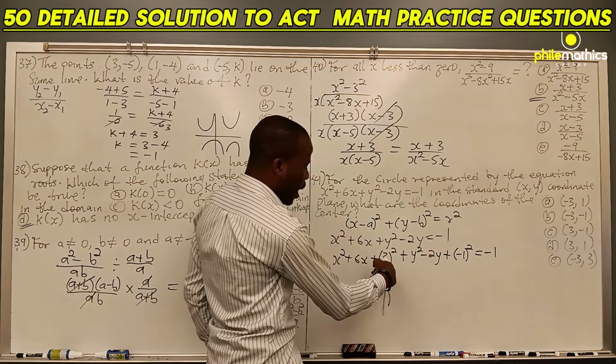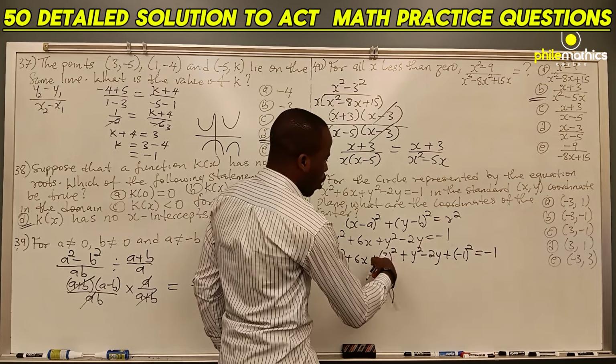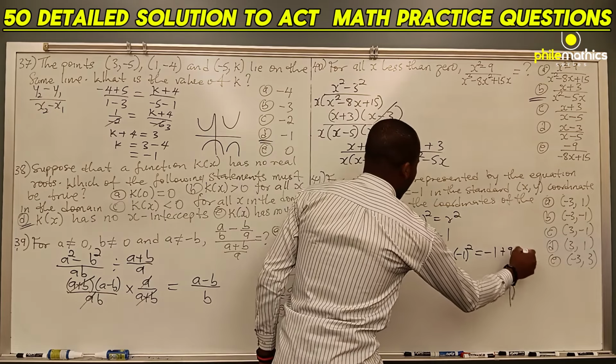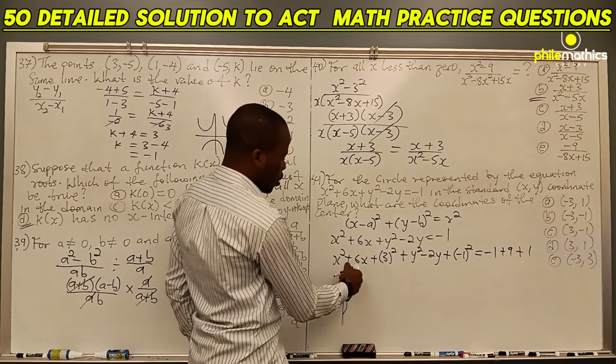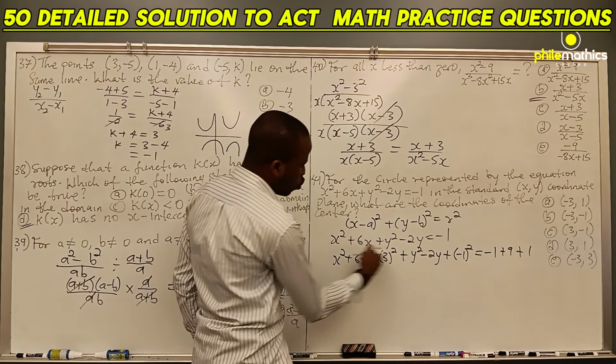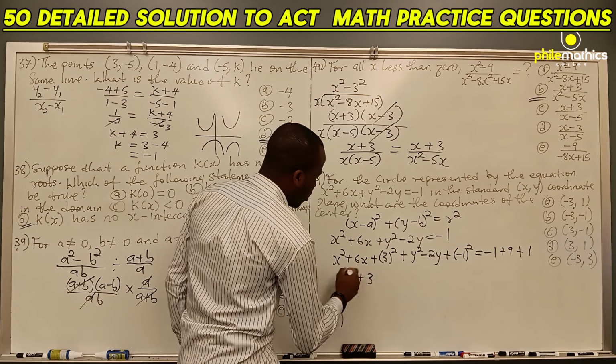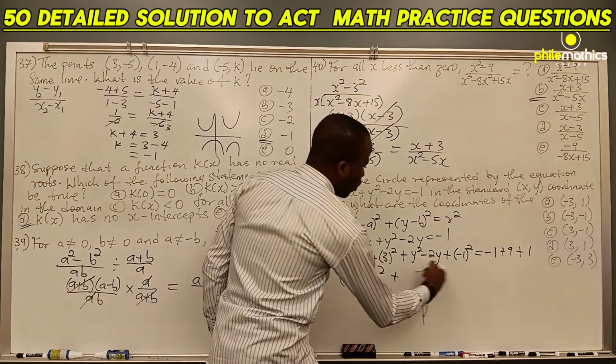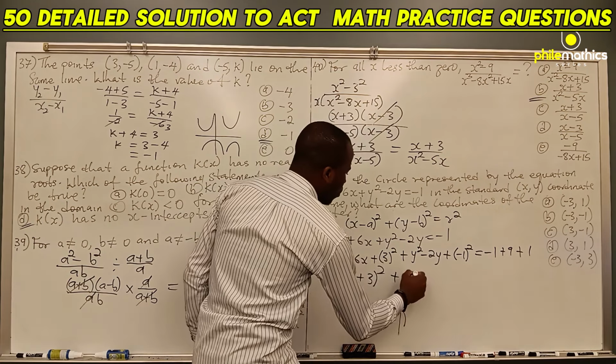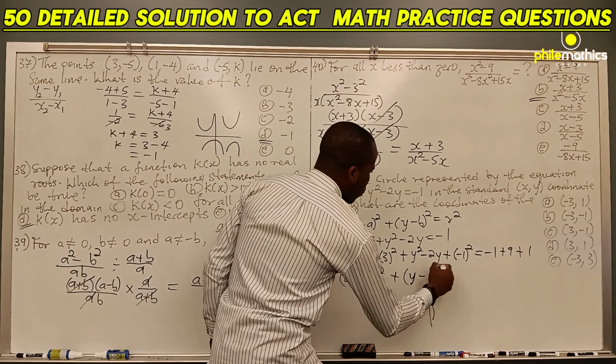So we add this to both sides. The square of this is 9, plus 9, and the square of this is 1. If we factorize, these two that have squares, we bring them together to be x plus 3 all squared. We factorize these two, and bring them together to be y minus 1 all squared